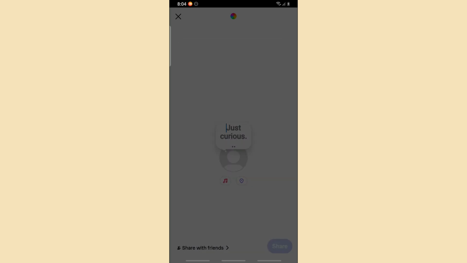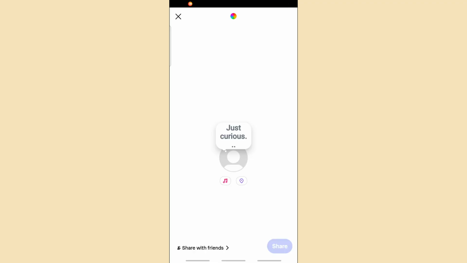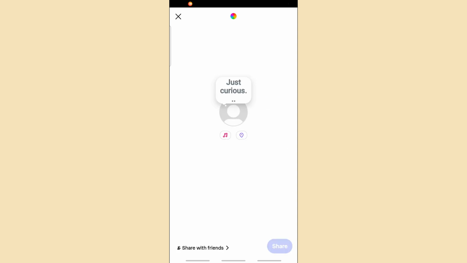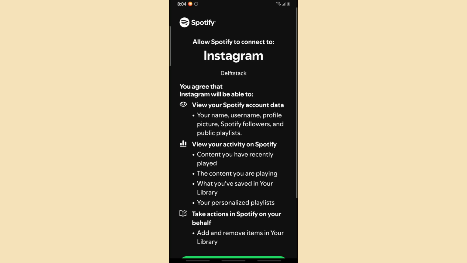And here you can just simply tap on the music icon down below. And from here, you will have a list of songs. And as you can see, you will have a new feature, link Spotify. Tap on it. So from here, when you tap on it, it will redirect you to Spotify and you have